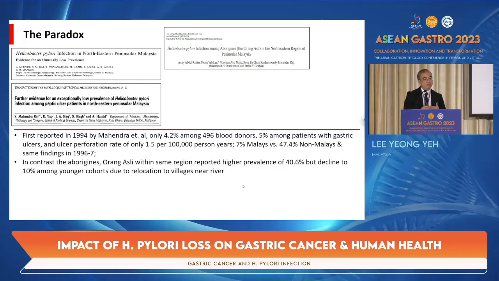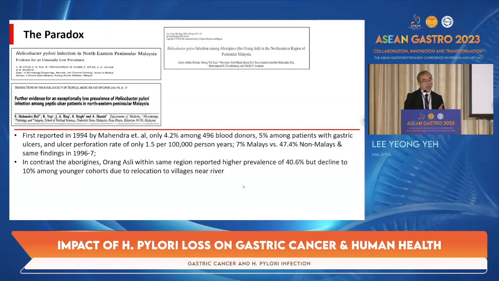Interestingly then, what about the other population? We have what we term the aborigines or Orang Asli, and we had this study along with Professor David Graham, where this is my first time having collaboration with him. And what we found was that in aborigine Orang Asli, where they have poor water and sanitation and hygiene, they actually reported higher prevalence of Helicobacter pylori of 40.6%, but this later then declined to about 10% in the younger